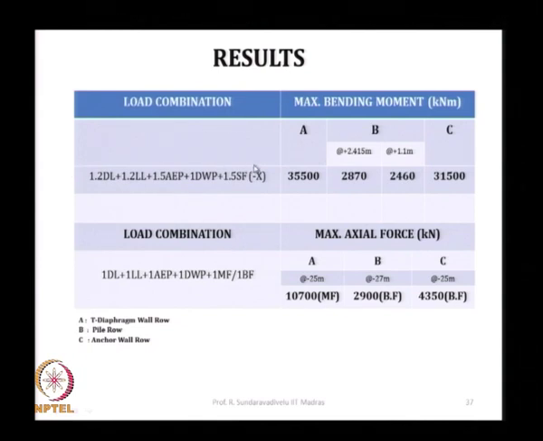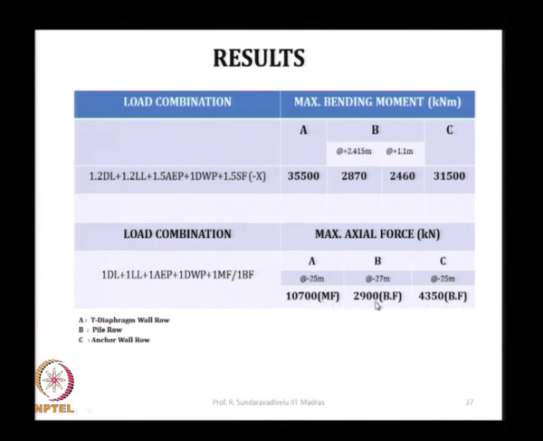Limit state of collapse, you increase the load by a load factor, and this design is also different for the concrete. In limit state of serviceability you do not increase the load by any load factor,